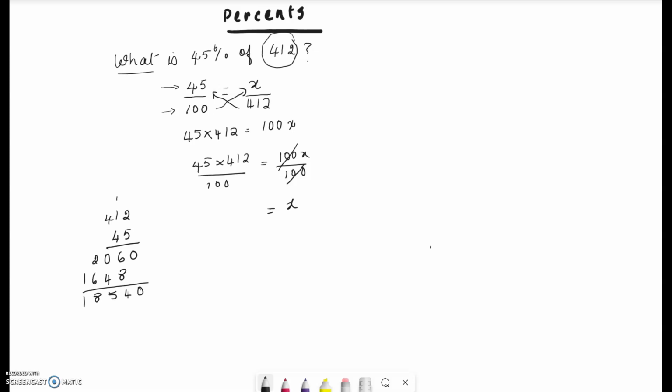So if we had to do this by hand, we could multiply 45 and 412. And you can double check this. You can pause the video and make sure that you're getting this number,